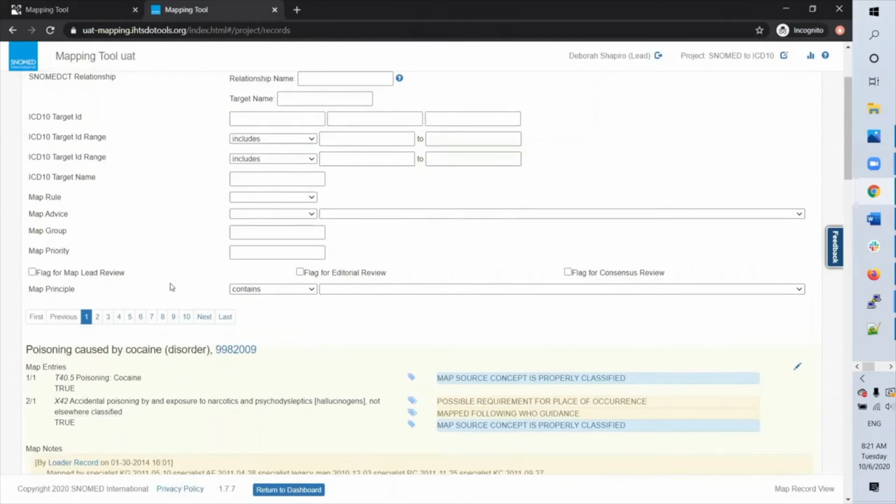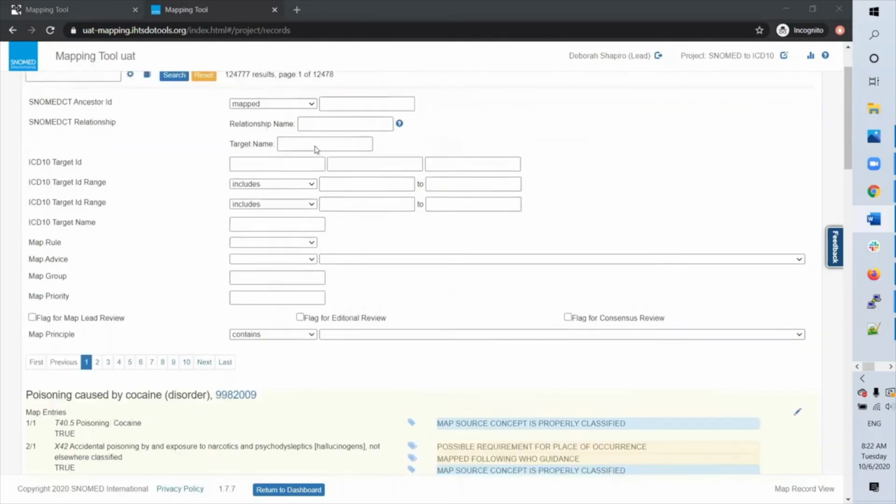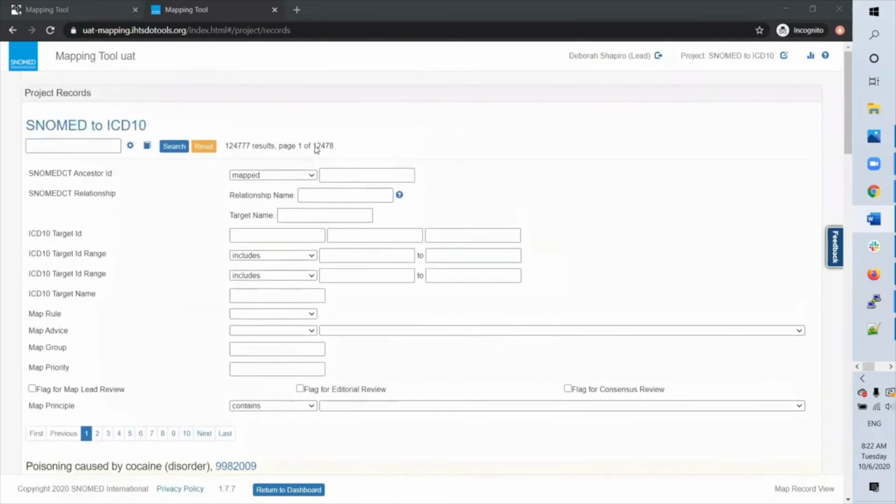So let's say you're looking for the concept 214400008, which we all know is motor vehicle traffic accident due to motor vehicle going out of control due to excessive speed without collision on the highway. But somehow you can't quite remember the name. However, you do remember that it's related to travel. So you could enter in